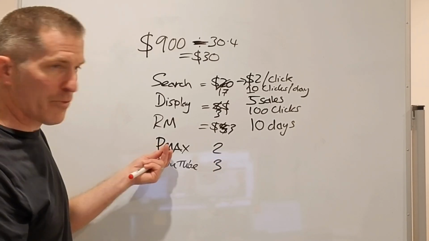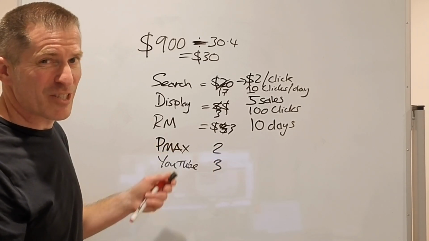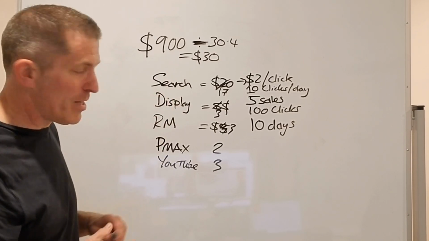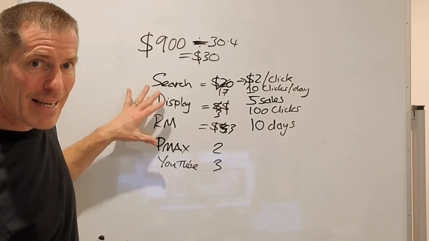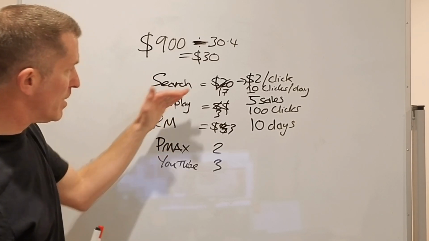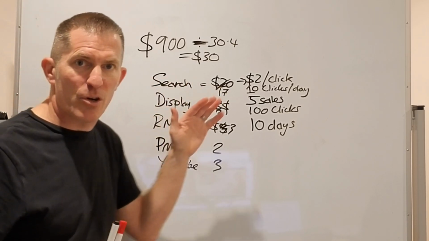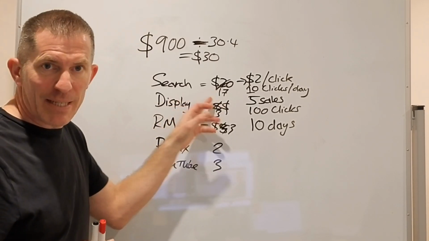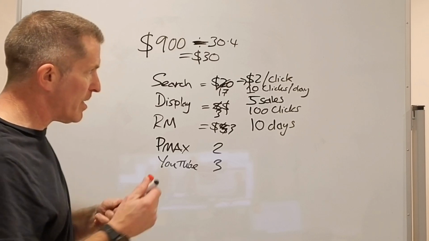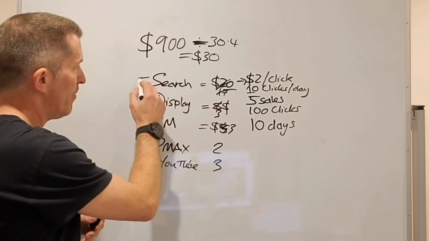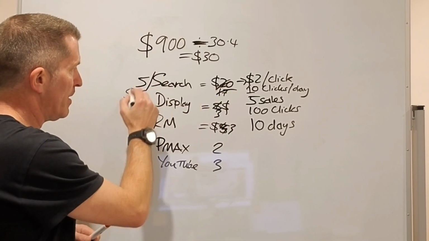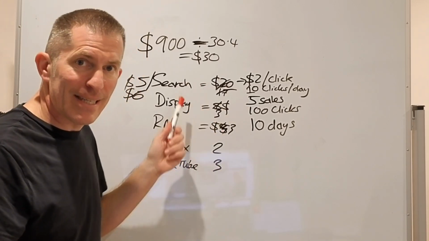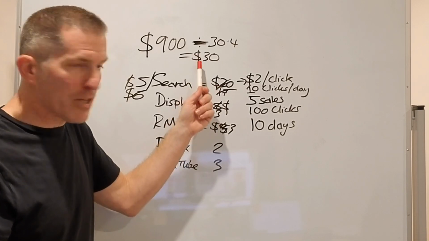It's not going to be enough to run these campaigns successfully because your data is not going to be good. So it limits the creativity of how many campaigns to run. And we've got clients that we run nine to 10 or more campaigns. Sometimes we'll split up search into Australia and New Zealand or the States and Canada or whatever it might be. So this ends up being divided again. So then all of a sudden you want to split this into $5 a day here and $6 a day here. It's just not going to work, right? So you're limiting the creativity of the campaigns that you can do because you've got a small budget.